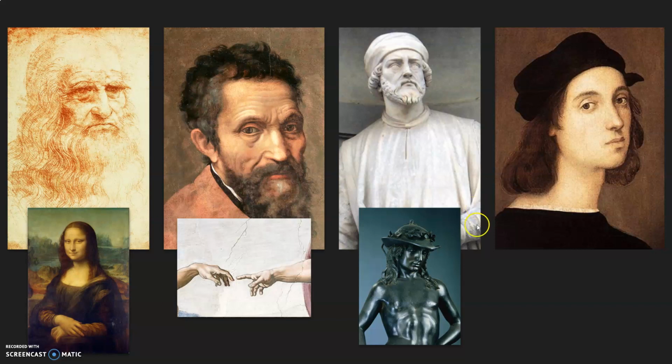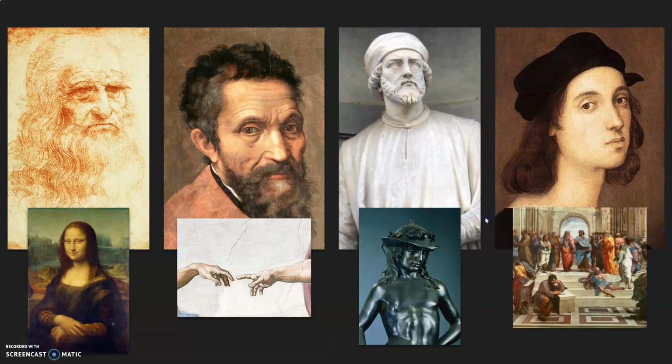Donatello brought back kind of Greek realistic and Roman realistic sculptures. Here is his famous David. Michelangelo is going to do an even more famous David out of marble. Finally, Raphael is famous for his paintings like this one of Plato's Academy, and here we can see the figure of Plato himself is actually Leonardo da Vinci, used as a model for it, which is kind of cool.